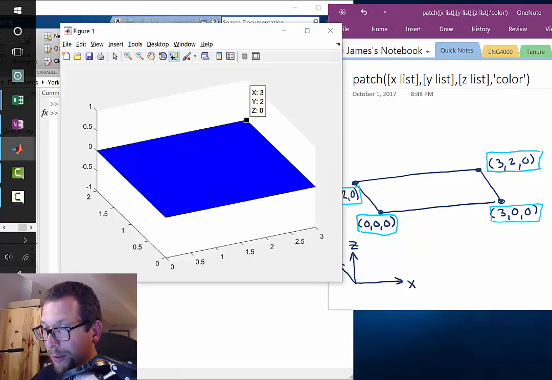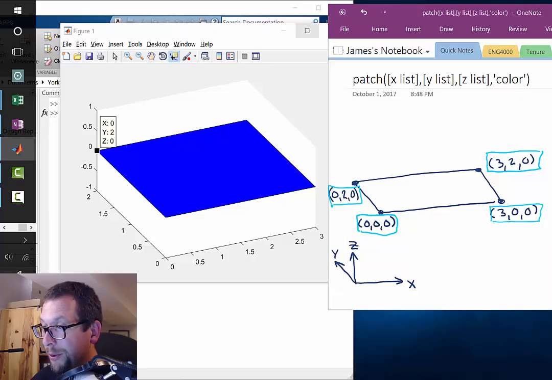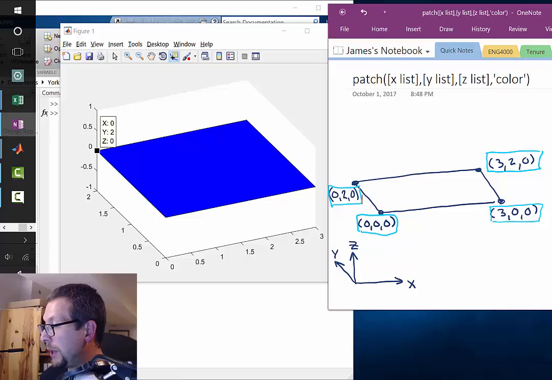3, 2, and 0. 0, 2, and 0. Okay, so we got it. Excellent. Okay, so now the next thing that we have to draw is going to be the top of the